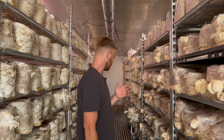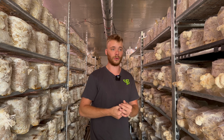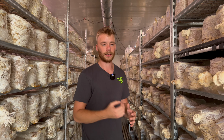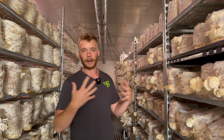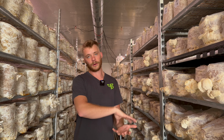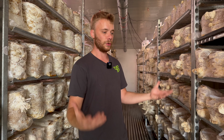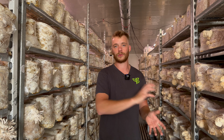We have been testing some pupino, some nameko, some chestnut mushrooms, and some turkey tail, and some maitake as well. We would like to work with 3, maybe 4 mushrooms at our facility here, because then we are able to make a mix box, so we can provide 3 different kinds of mushrooms and then a mix box as well,